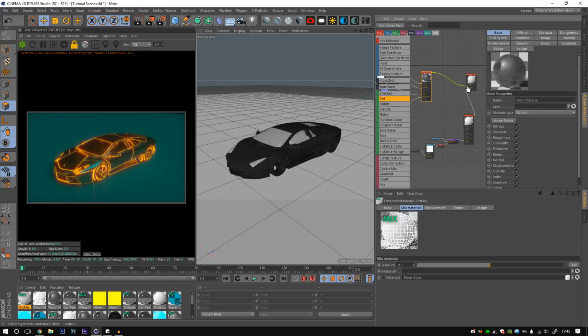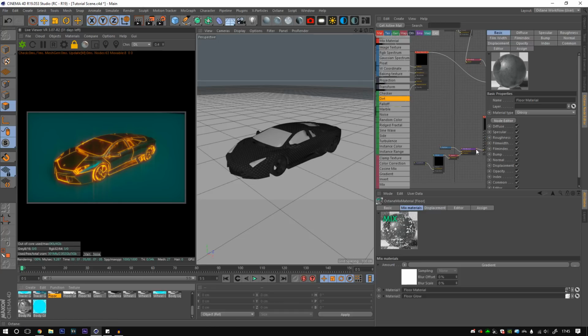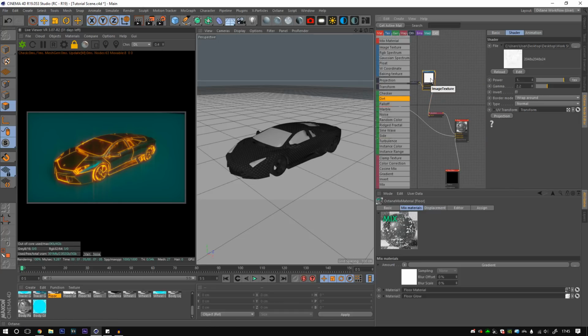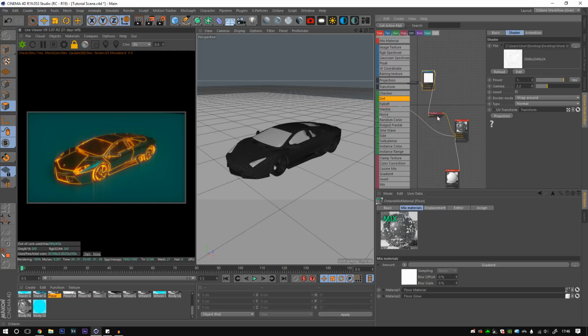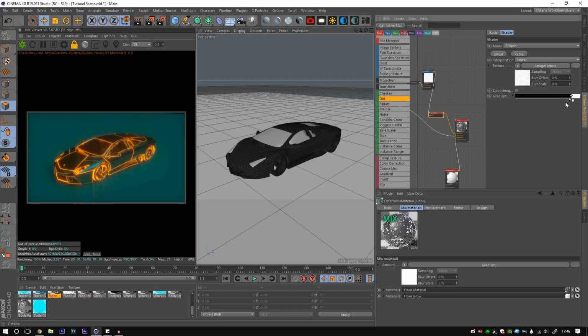And then, if I can get this right, boom. Now, if we go back into our first material, you'll see here, I have this, and the reason I've done that is because I wanted the grid on the floor to be a bit scratched up, not so perfect. That way it doesn't take away from the car. So if you put one of these on there and you clamp it down with a gradient just like that,